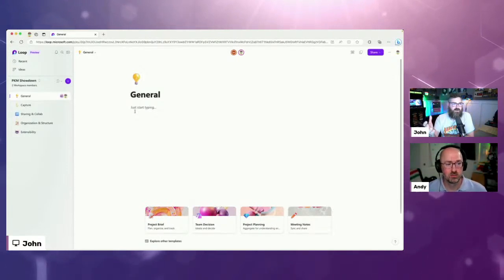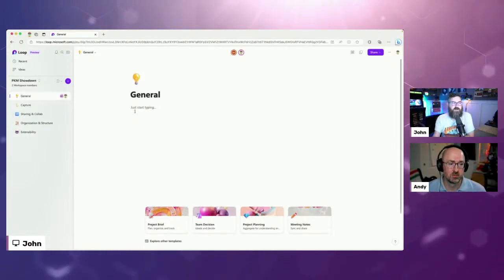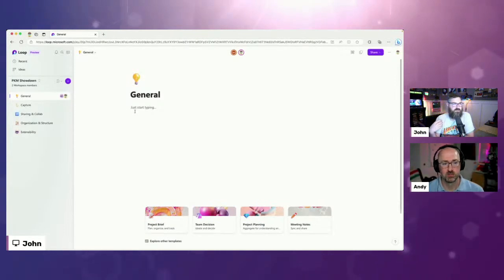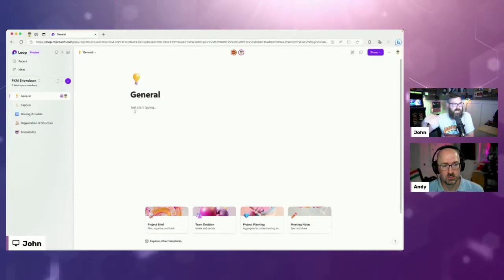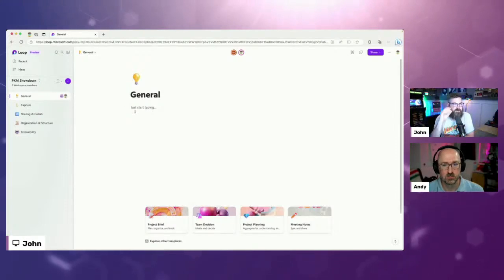You'll notice that on this, we're going to keep track of our thoughts in a Loop workspace today. So we're using Loop to separate everything out, kind of drive to that organization of our own thoughts and get it out of our own brains.